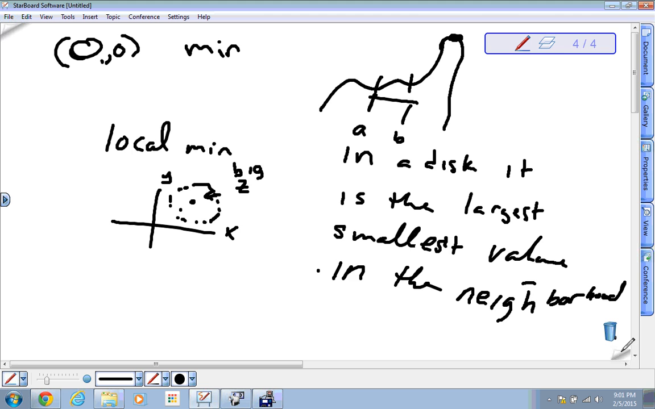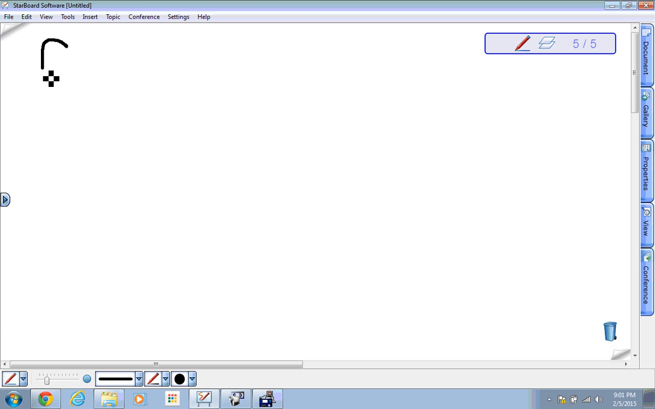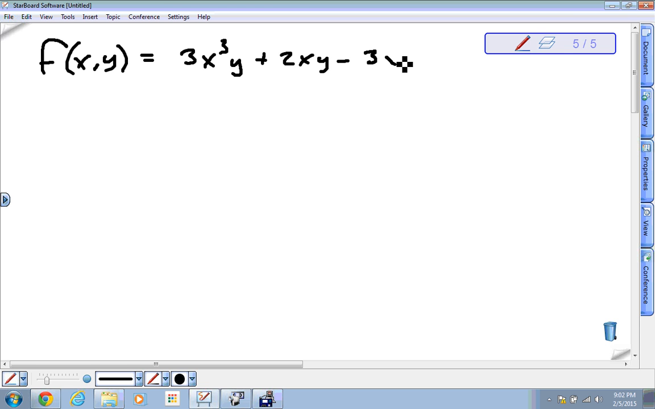Now I'm going to make this next problem a little nastier. Not much nastier, so don't freak out or anything, but a little bit nastier. For instance, maybe it's 3x cubed y plus 2xy minus 3x squared y squared plus 5. Alright, again, not very difficult. Simply take the derivatives. So with respect to x, it's 9x